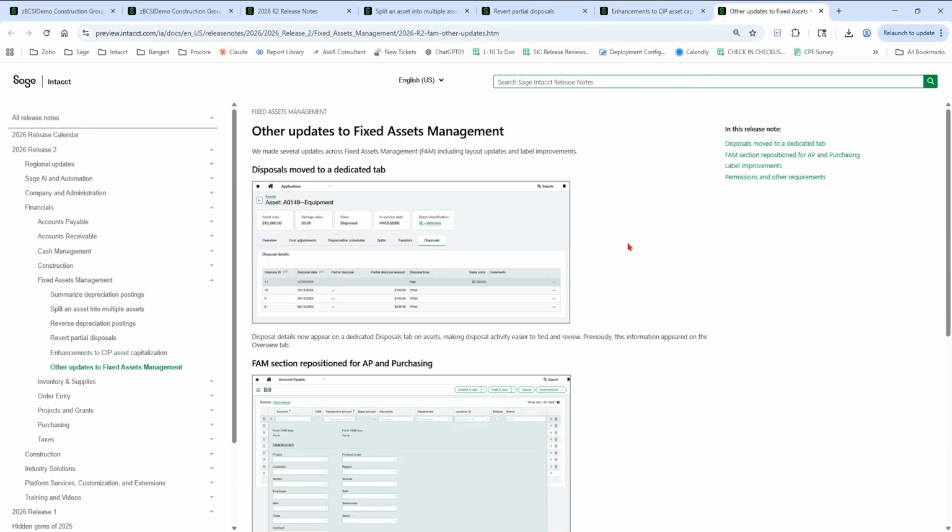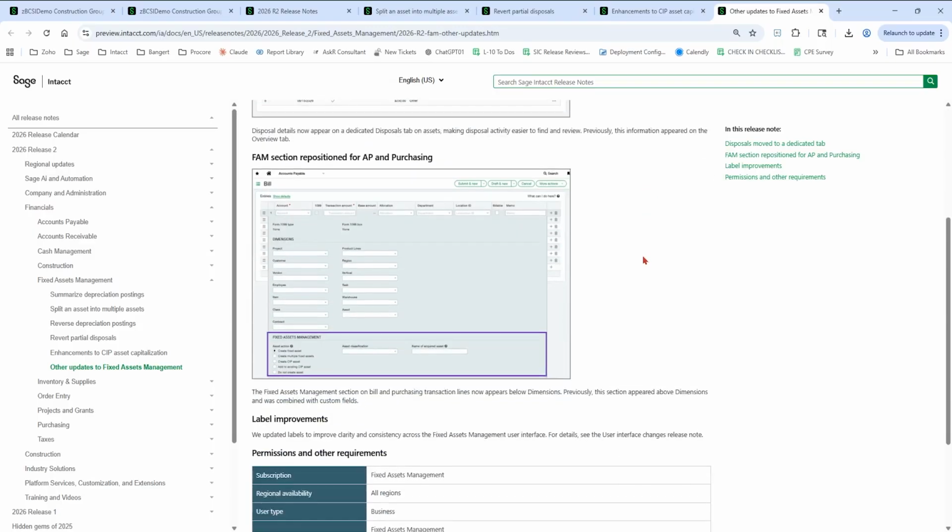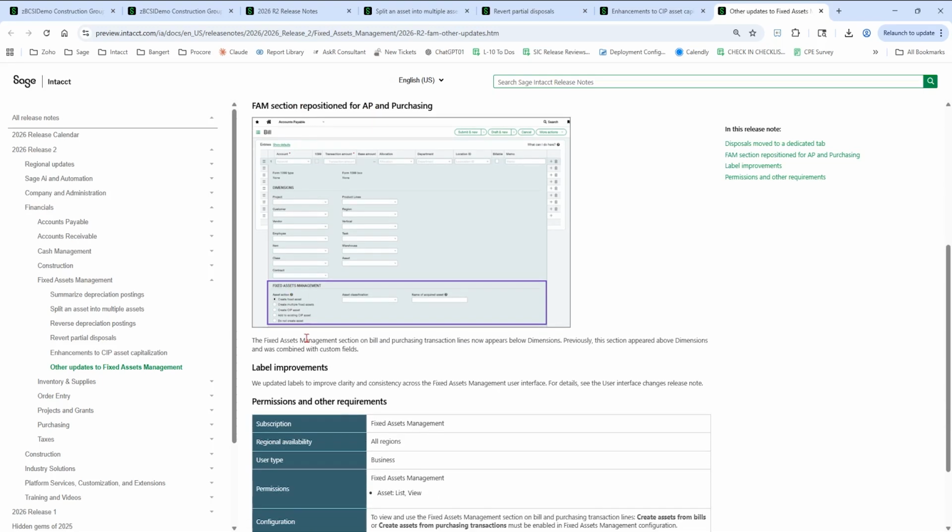The other updates to fixed assets management: disposals have been moved to a dedicated tab now on the asset. They have also put the fixed asset management section, if it's integrated in your environment, to the AP and purchasing areas. They've put a fixed asset management area down here at the bottom in the details of a bill line, for example.